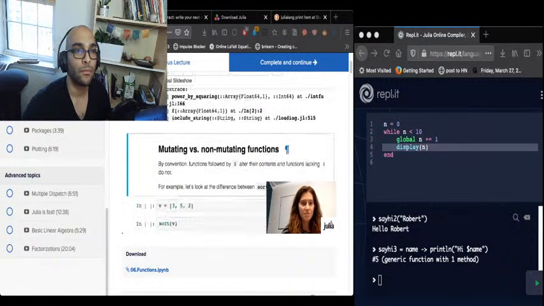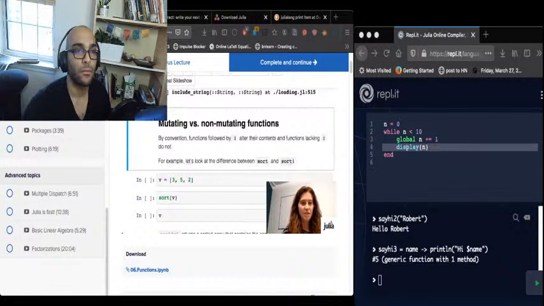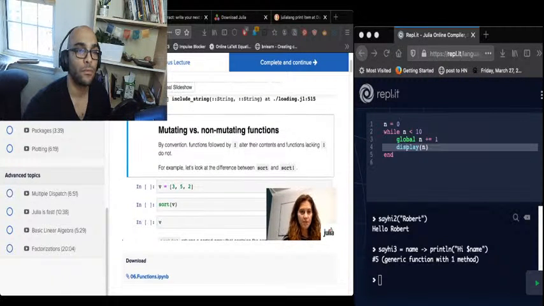So, mutating versus non-mutating functions. Mutating functions are functions that return an altered version of the input that you pass to them, whereas non-mutating functions do not alter their inputs. So the convention in Julia is to follow the names of mutating functions with an exclamation mark or the bang